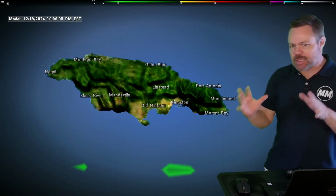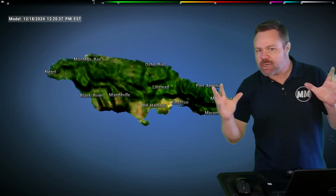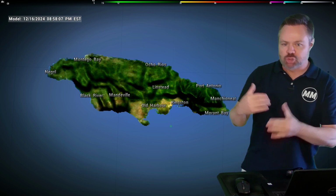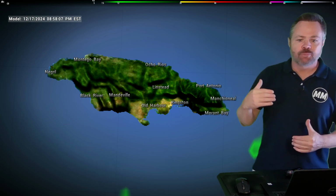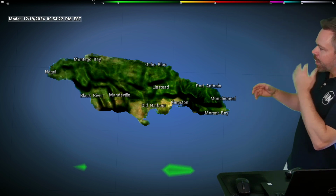Look, there's not a ton of moisture in the Western Caribbean as of now, but I do expect there to be a little bit of a spike in some of that rain towards midweek and then a little bit drier air coming in. But for Old Harbor and Mandeville, Black River and Montego Bay, Morant Bay, Port Antonio, look,